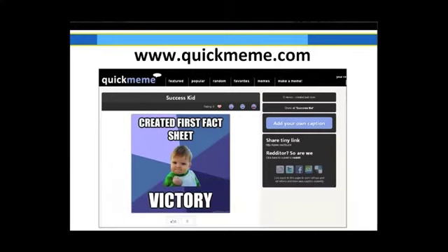And sometimes you just need a break from writing. What we've loved in the office is quickmeme.com. Our attorneys use it too, and it's just this great little fun tool to encourage each other to write content, or if there's been an impact case that was resolved, or someone helped the client save $30,000 in SSI benefits. Our office loves to send these nice quick memes, like creative for fact sheet victory. Quickmeme.com has been fantastic, and it's a lovely little boost